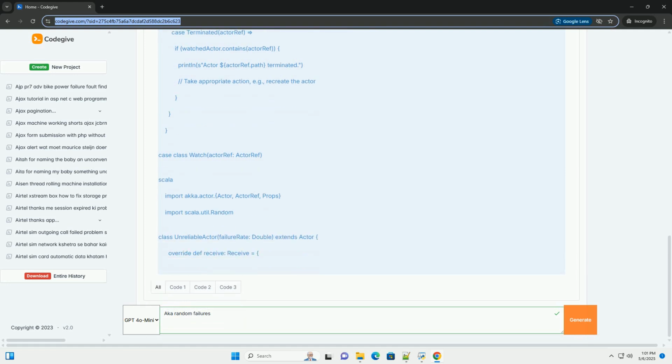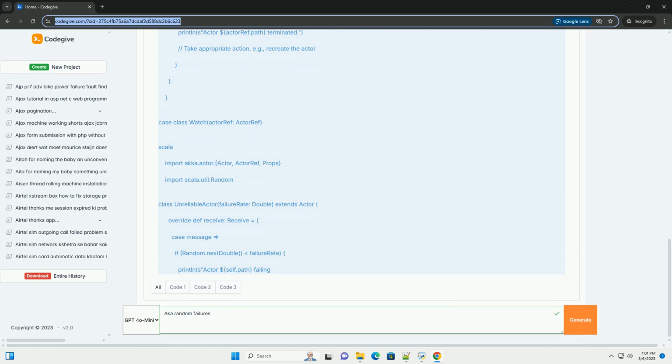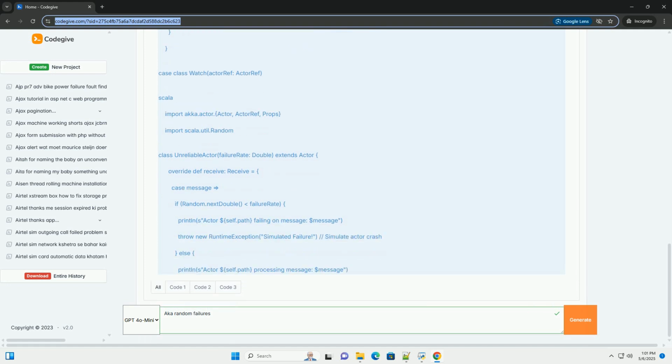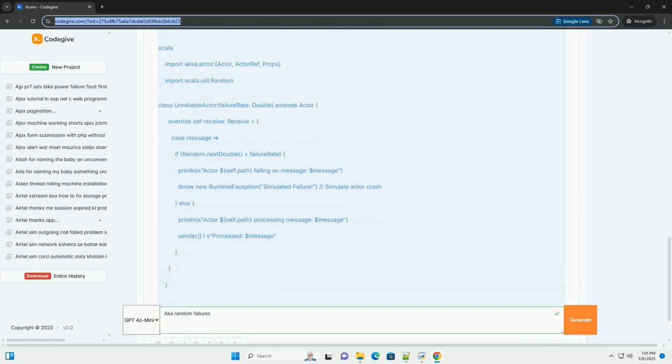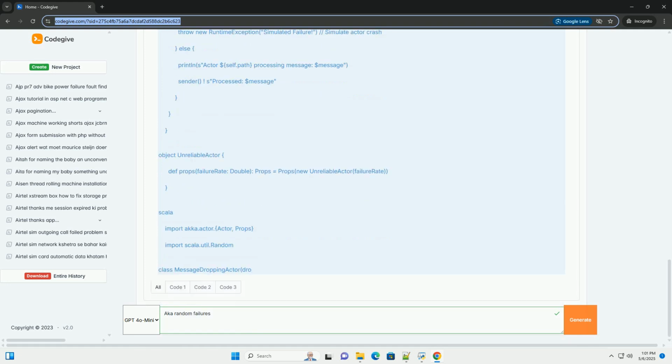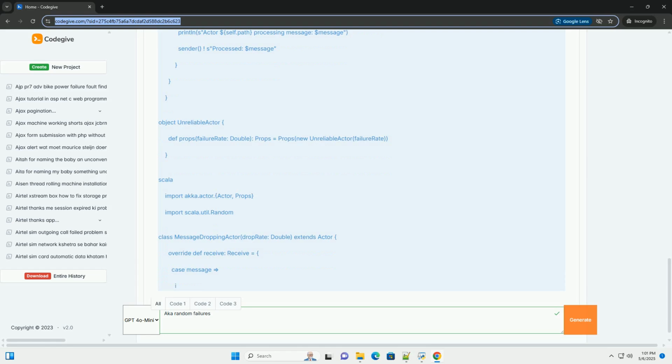To build robust systems, you need to design and test how your Akka actors respond to unexpected events like network partitions, actor crashes, and resource exhaustion. Simulating random failures is a valuable technique for validating your fault tolerance mechanisms. It allows you to expose your system to failure scenarios in a controlled environment, identify weaknesses, and refine your error handling strategies. This tutorial will explore different ways to introduce random failures into your Akka systems, covering both theoretical concepts